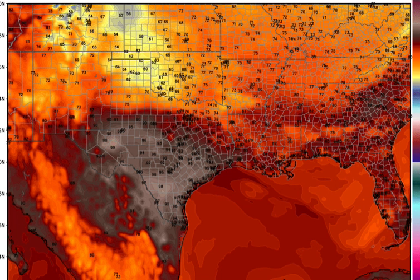But watch what happens during the day. By noon, it's only 80 degrees here in Little Rock, but 70s across everywhere else. Look how the heat is really suppressed towards the south into Texas. At 1 p.m. in the afternoon, it's only in the low 60s across portions of Texas and into Oklahoma. That's amazing. And you're looking at widespread 70s and some lower 80s across the state at 1 o'clock in the